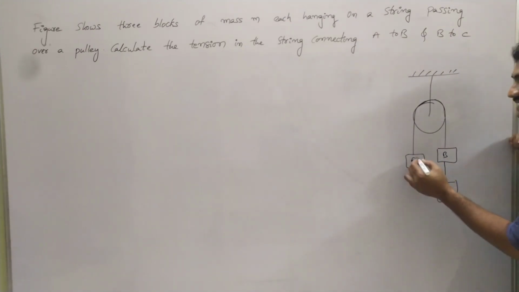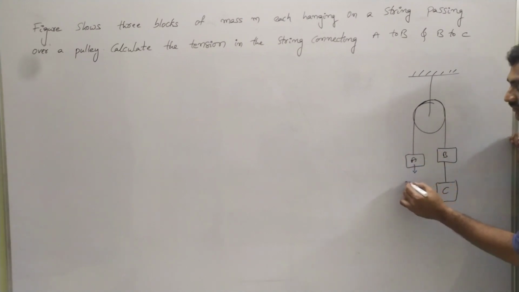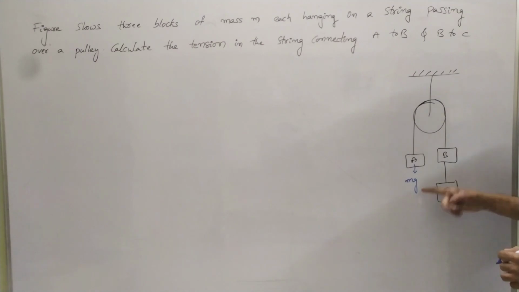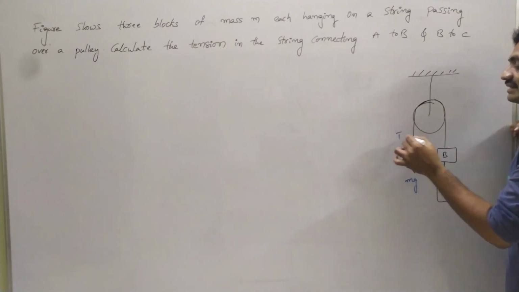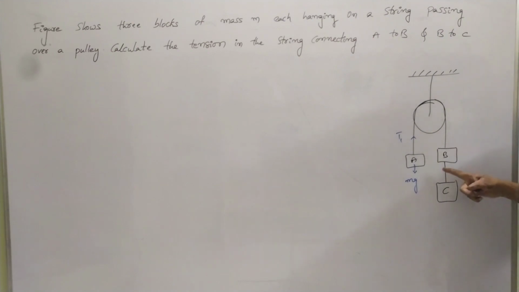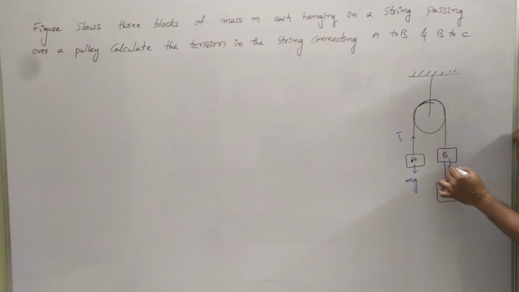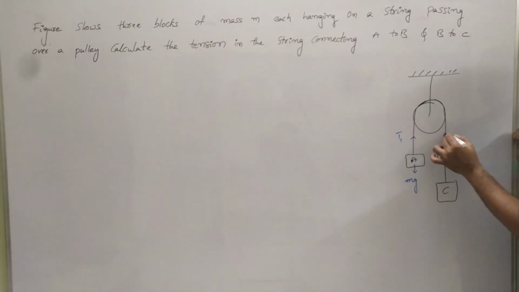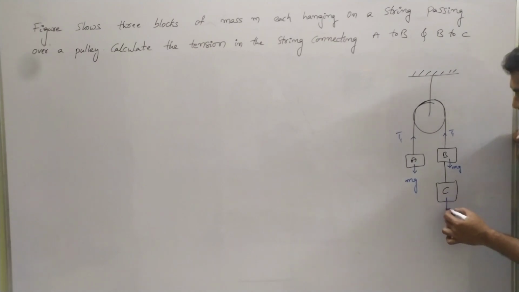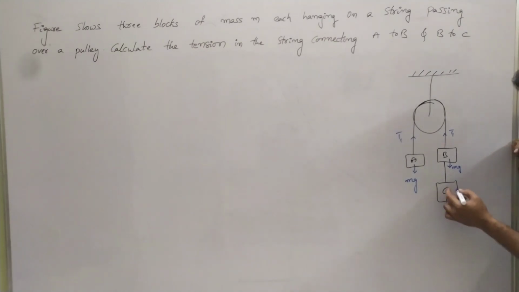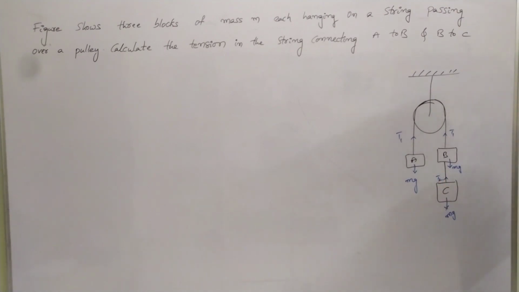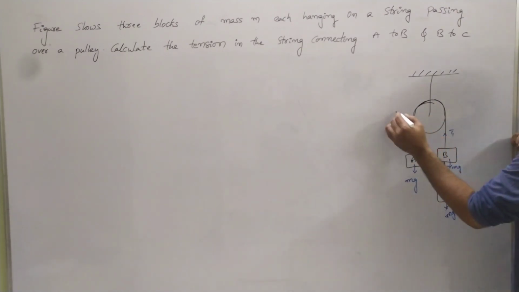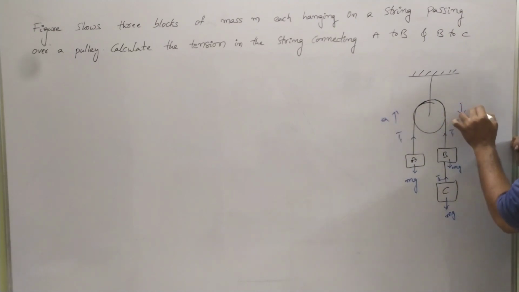Here observe that since the mass of the block A is m, the weight will be acting in the downward direction, and tension T1 will be acting in the upward direction. And observe that the weight of the second block B is mg, which acts in the downward direction, and it is being balanced by tension T1. Observe the third block. Weight due to block C is acting in the downward direction, whereas tension T2 will be acting in the upward direction. So first of all we have to find the common acceleration.